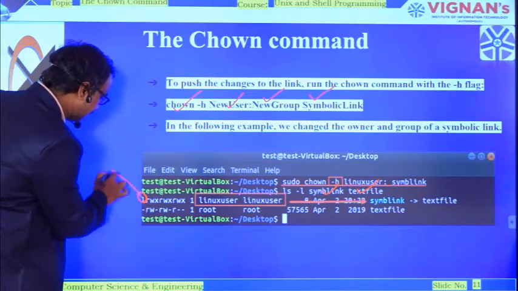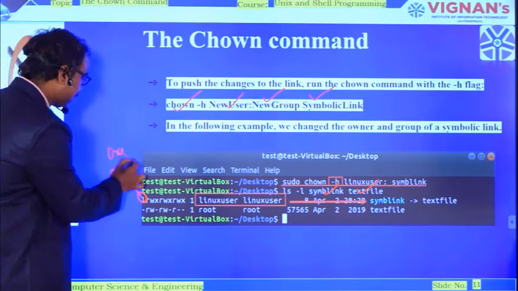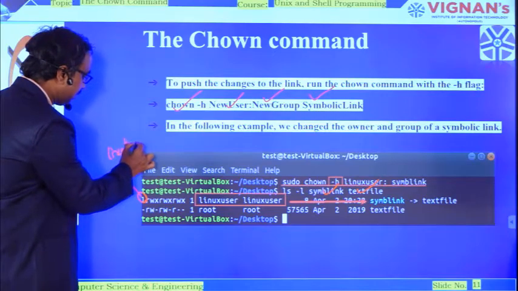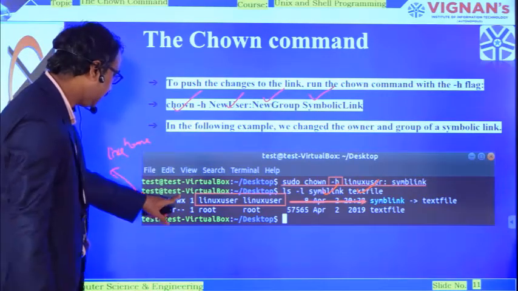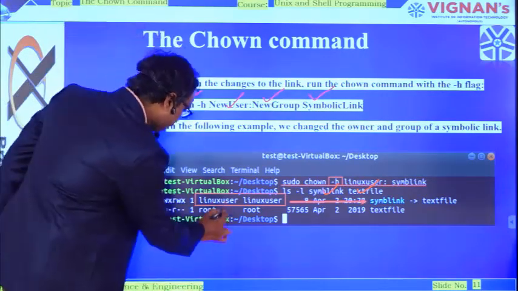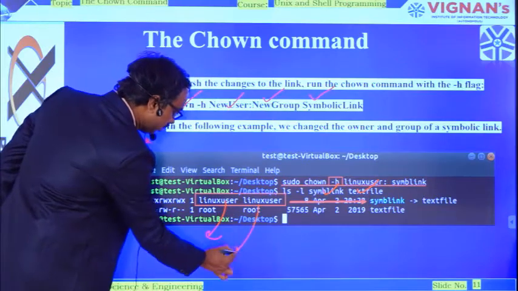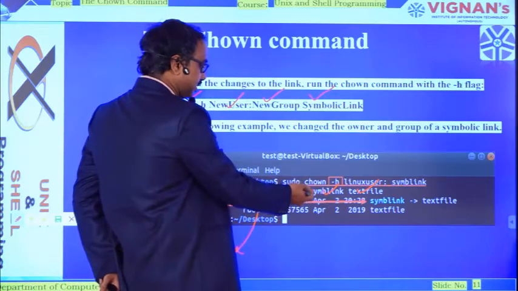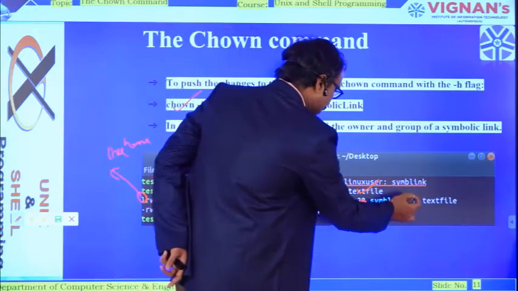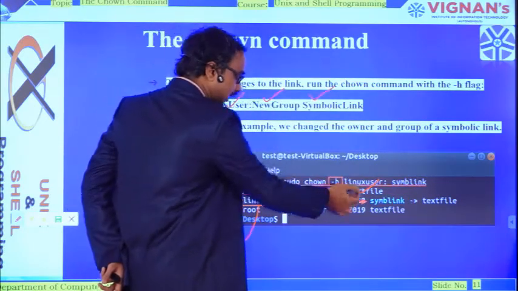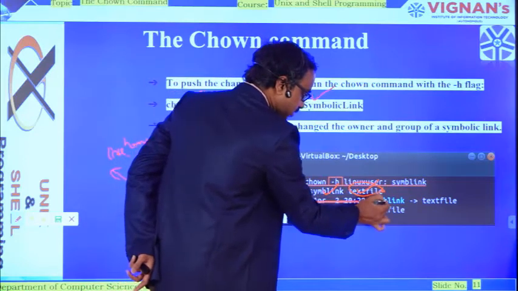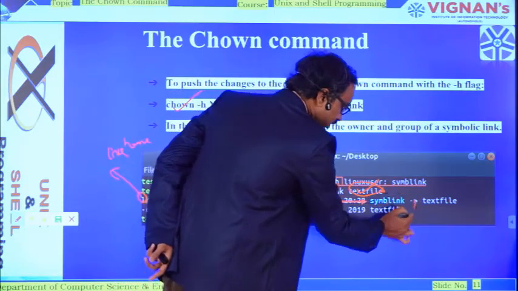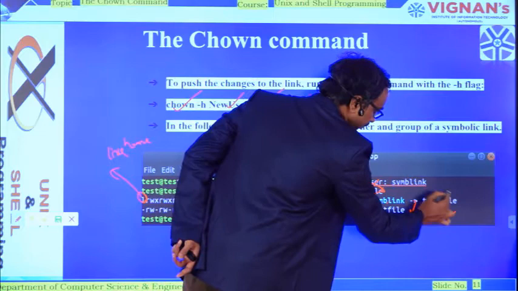Now see here, the link name will again appear in front of the permissions. The link name appears in front of the file names, and then the new owner will be Linux user, the new group will be Linux user, and the remaining fields are the date of creation and the file size. Now it is linked to the text file. To whom is it linked here? To the text file only. So the symbolic link will be represented, and we use this pointer along with the text file.